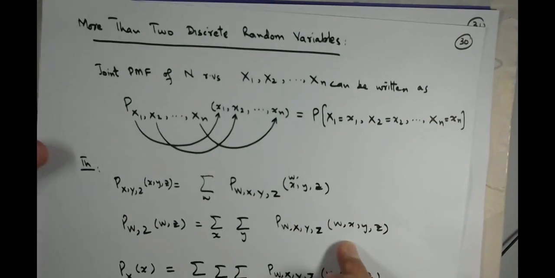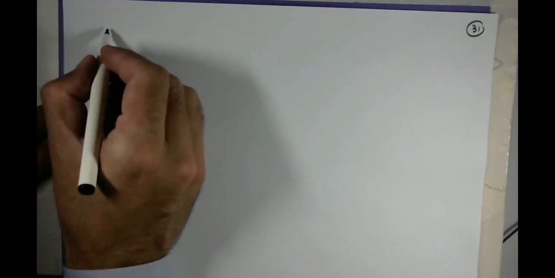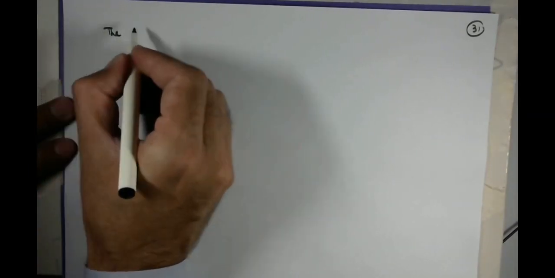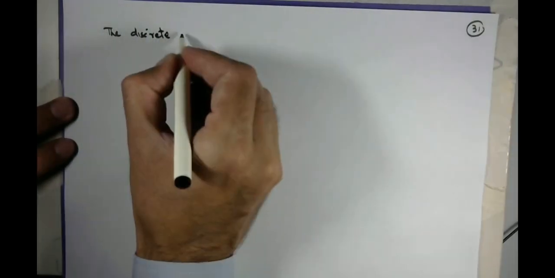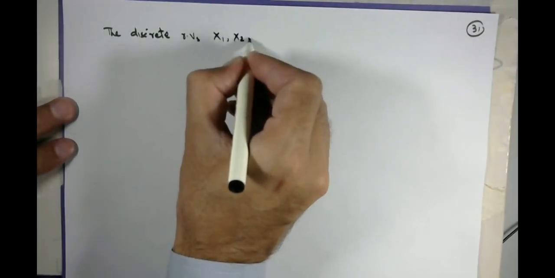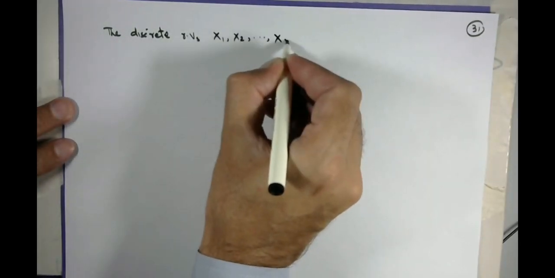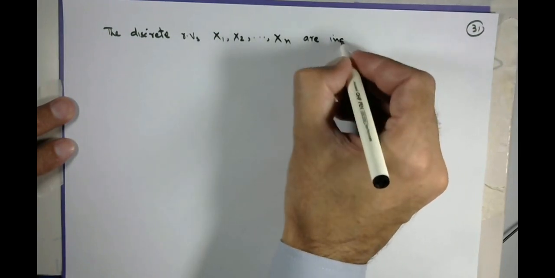So now, what about the independence of n random variables? So we write that the discrete random variables x1, x2 till xn are independent